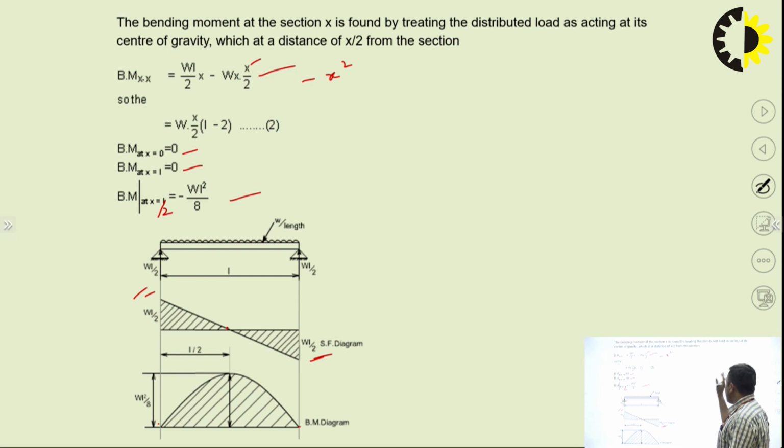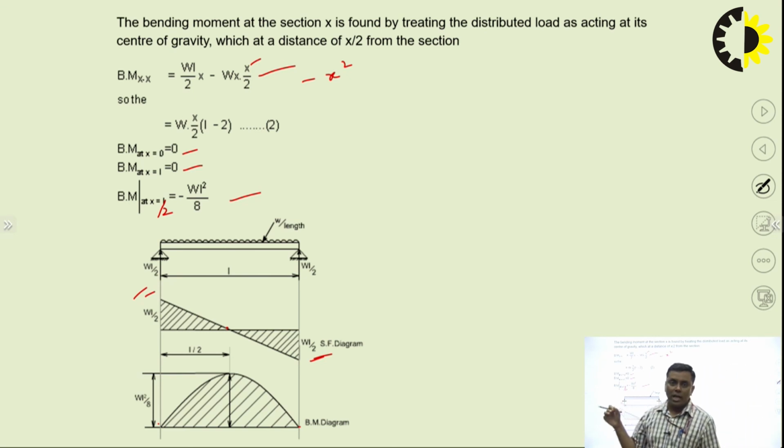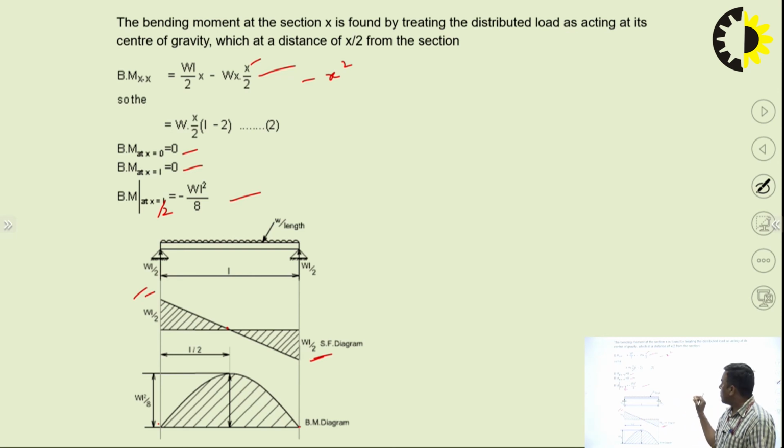We can find out the shear force and bending moment equations also. This is the very simple problem which I discussed here today. But if you are interested in other problems which are slightly complicated, then you can refer to my previous videos related to the same topic, shear force and bending moment, already available on